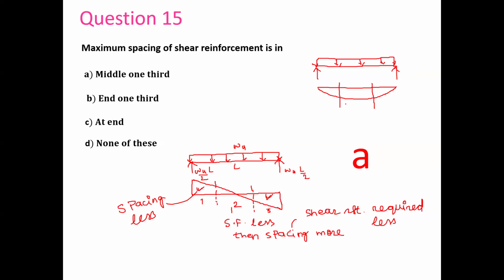Our main reinforcement in a beam is maximum in the middle third. So this is flexural reinforcement, or reinforcement for beam. So exactly reverse: shear force is less in the middle one third and bending moment is maximum